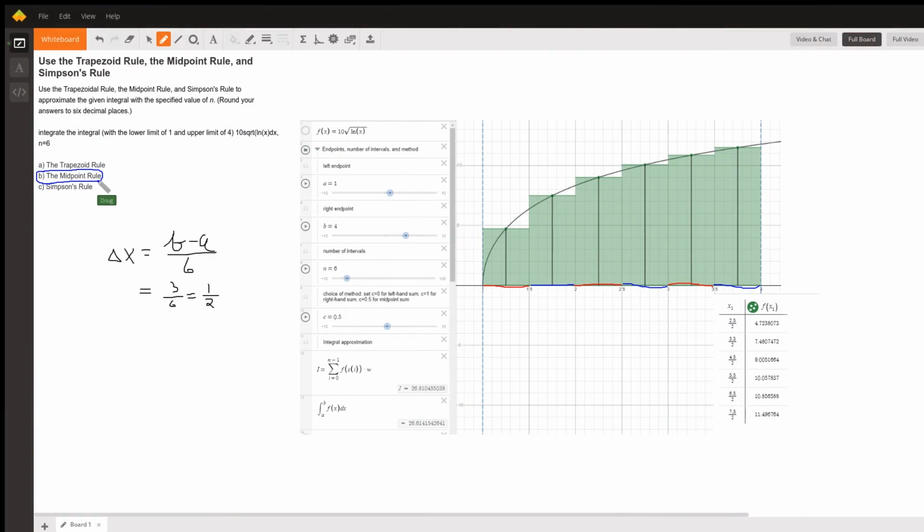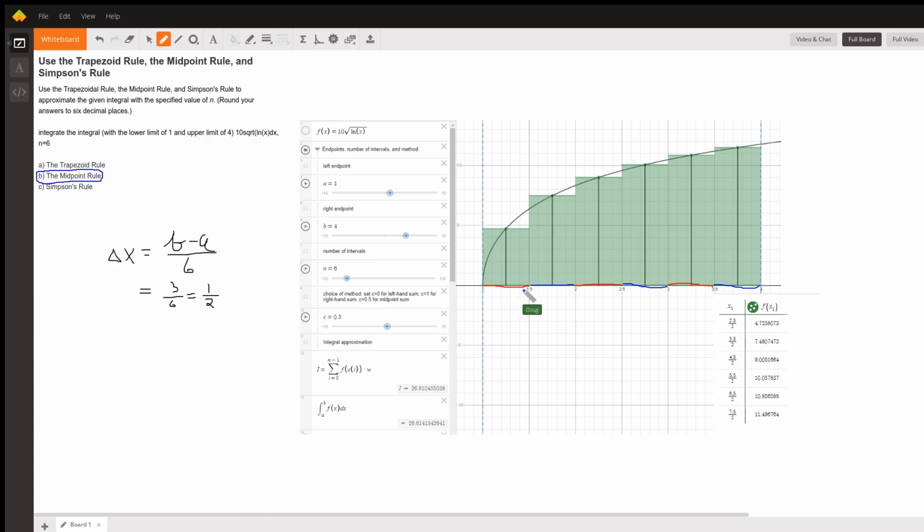With part B on the midpoint rule of this problem. On Desmos, I graphed the function f of x equals 10 times the square root of the log of x. And the left-hand endpoint is 1. The right-hand endpoint is 4. And the number of subintervals is 6. So the width of a subinterval is (b minus a) divided by 6, which is 1/2, which is why each